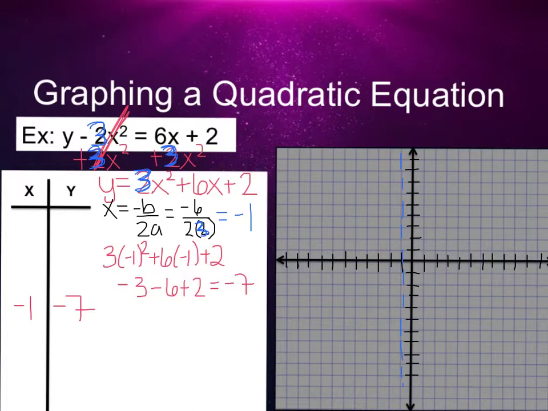And I'm going to go ahead and box it a few times so we know that that is a special point. It's our vertex, and I'll put a V there for a vertex. And we'll plot on our graph. So we have -1 and down to -7. So 1, 2, 3, 4, 5, 6, 7. And there is our vertex. Okay, nice big point there. And it's going to be our lowest point, I could tell, because the parabola will open upwards since a is